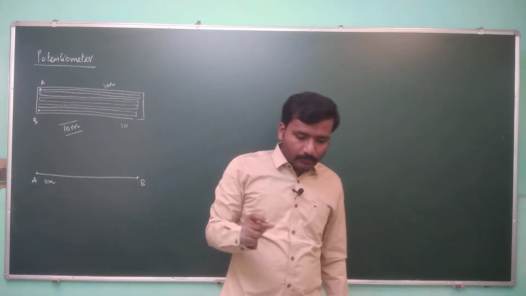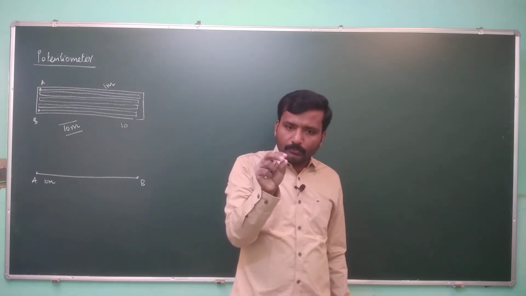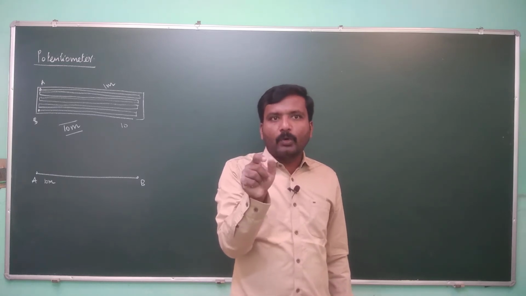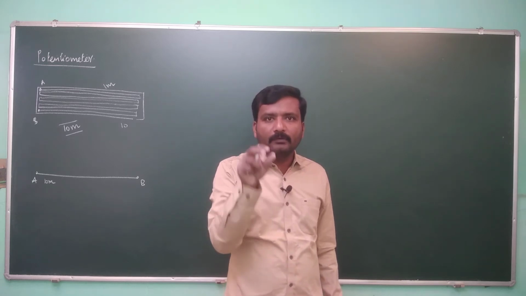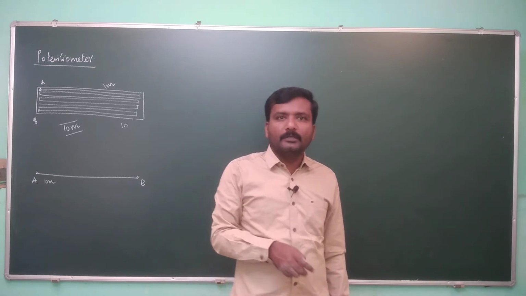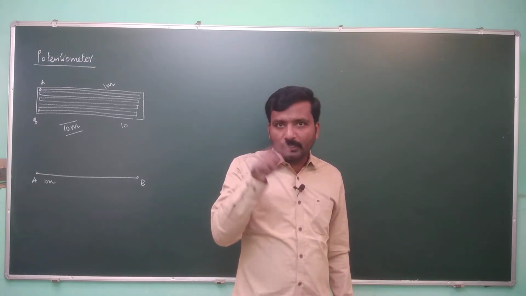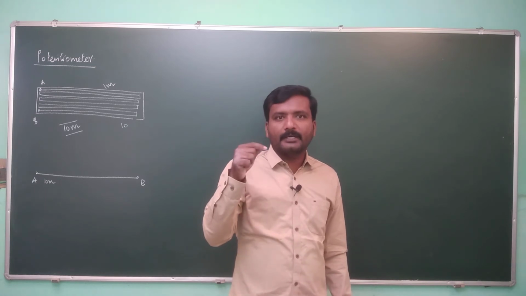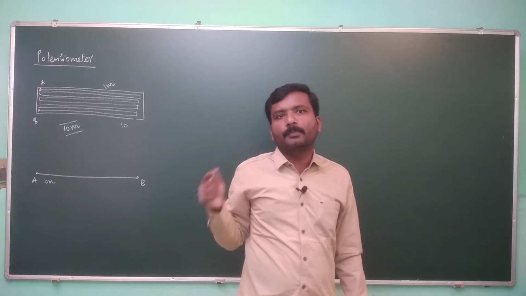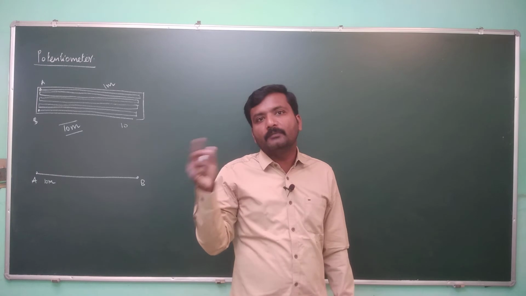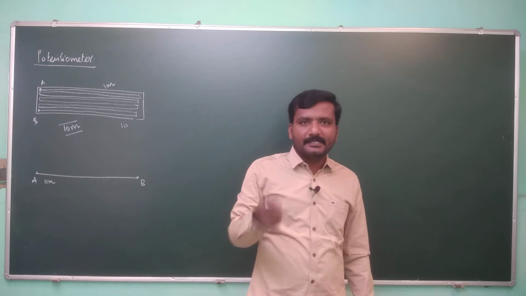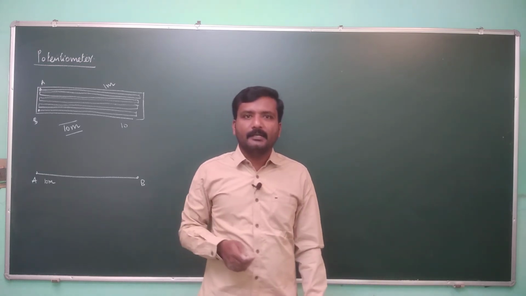Have you noticed the volume button? If you rotate that volume button in a clockwise direction, the volume will increase. If you rotate it in the opposite direction, the volume will decrease. What happens inside that volume button? Inside, circular wires are wound, and there is a marker that moves over that wire, from the negative side to the positive side. If it is more positive, the volume will be more. If it is more negative, the volume will be low. That is the idea. Essentially, it is nothing but a variable resistance. It is none other than a potentiometer.